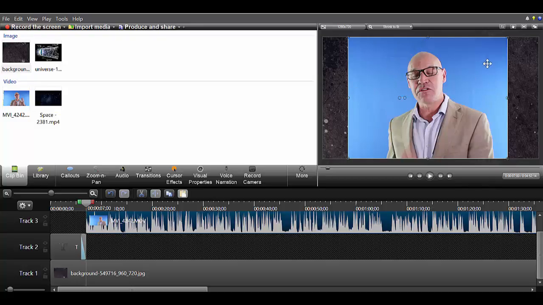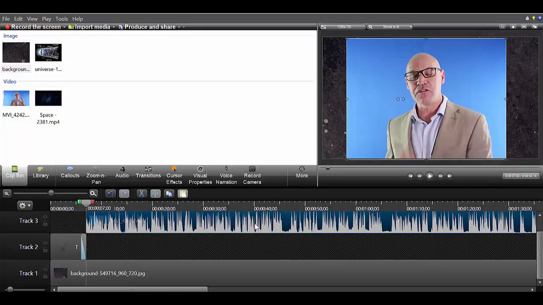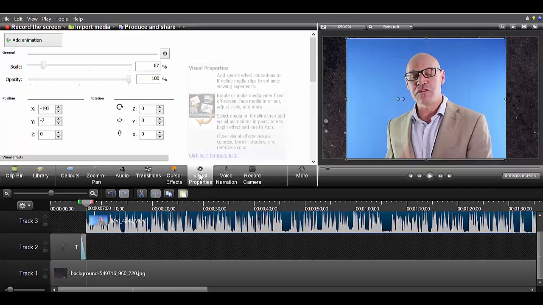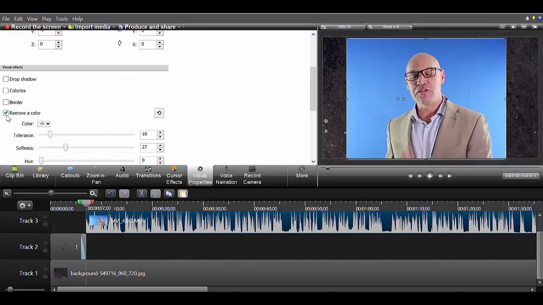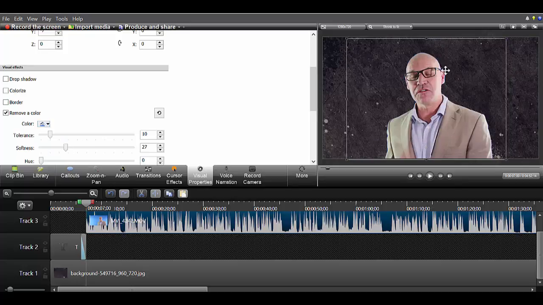Now what we want to do is everything that's blue like this, we actually want to delete. So the way we do that is we'll click on the file, and then we're going to go into visual properties, and then we click on remove a color, and then we have to select the color we want to remove. And we do that by selecting this eyedropper and just clicking anywhere on that color, and there you go,